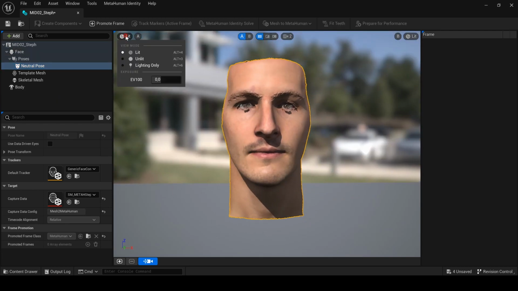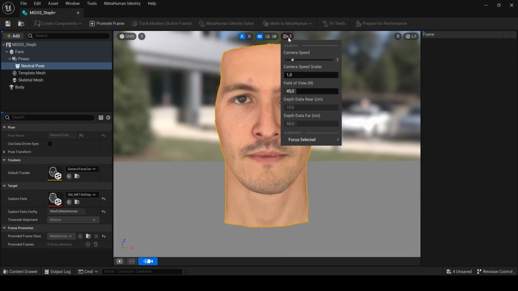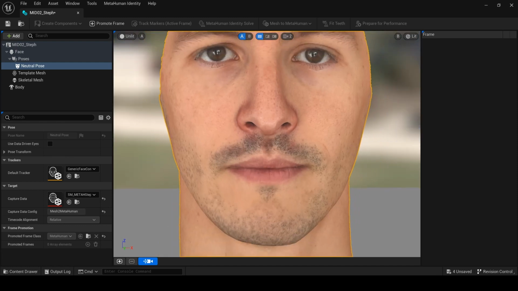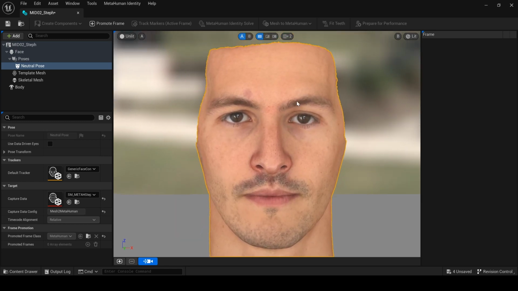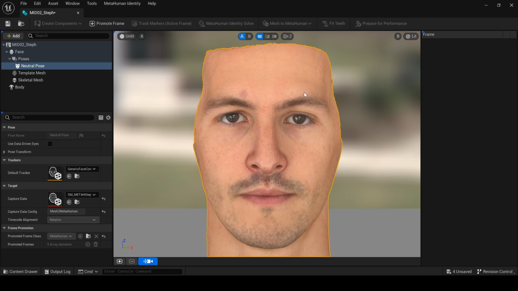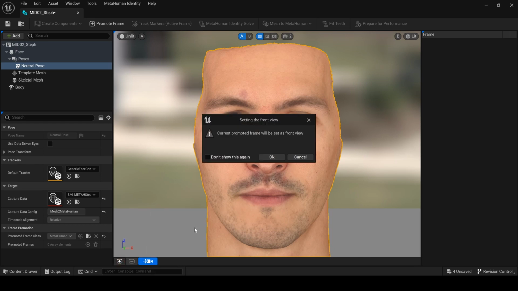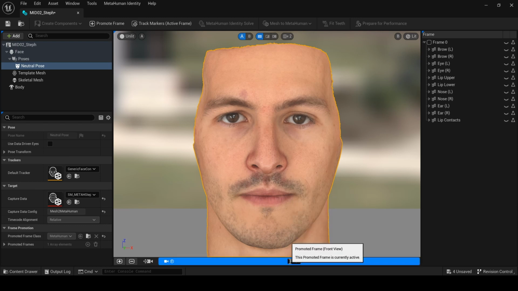Before going any further, make sure that in your viewports you turn on Unlit mode. You will also want to make sure to adjust your field of view with a value like 18, just in order to make it more like an orthographic view, and then ease the next steps of the process. Now you want to place your mesh. Make sure you have all the face in view and just click on the plus icon in order to promote a keyframe. You can name it front view